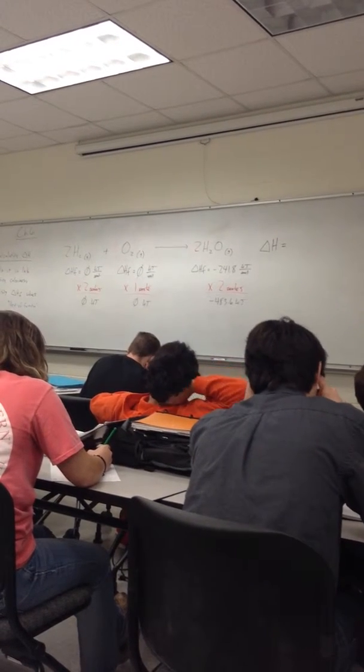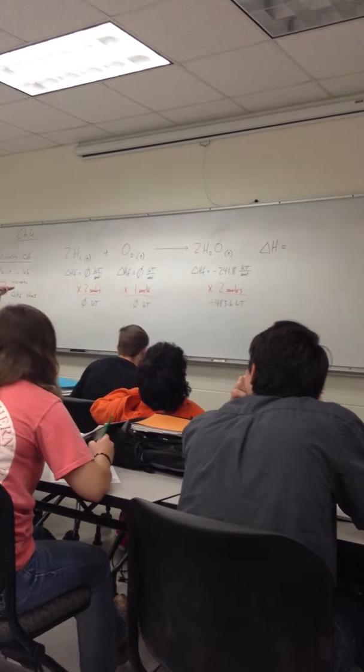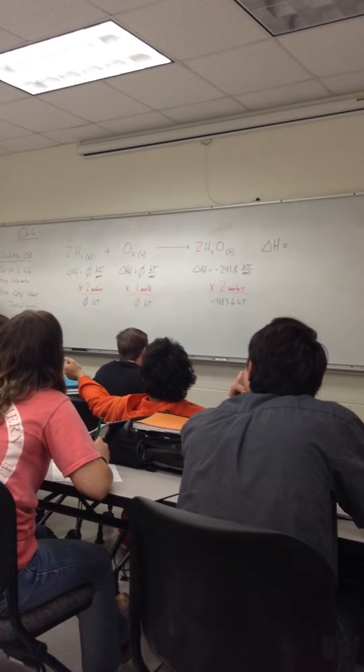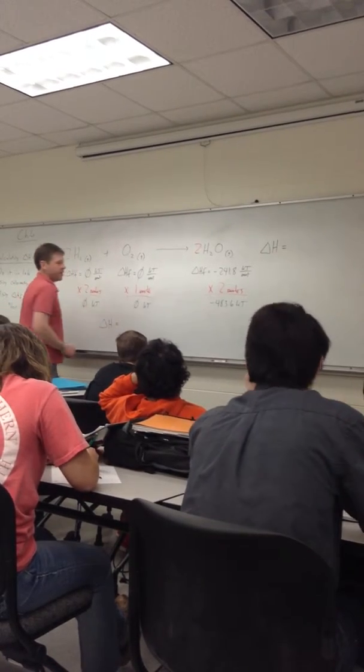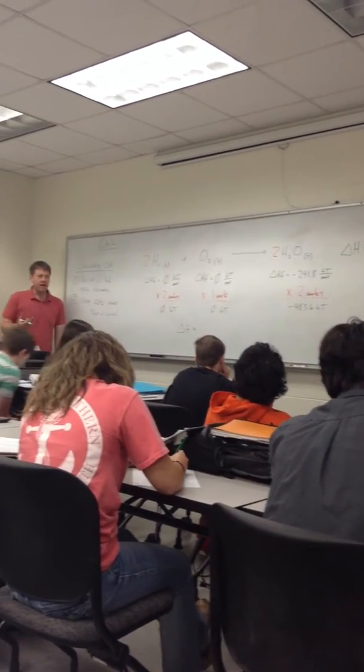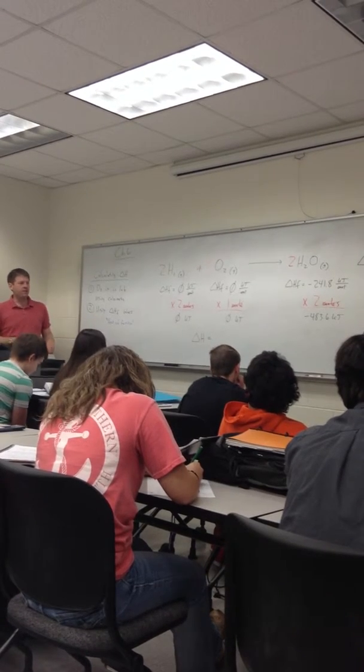So now that we have corrected our heats of formation to just total energy in kilojoules, we can now do our actual algebraic calculation. And here it is. If you want to calculate the delta H of a reaction using heat of formation values,